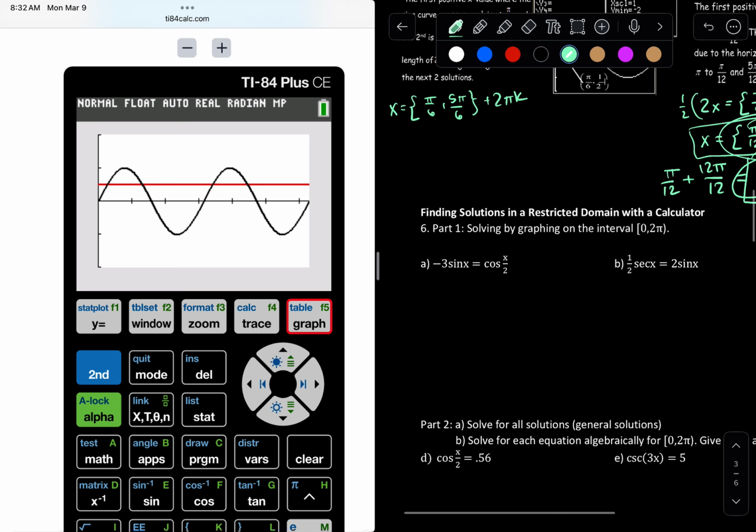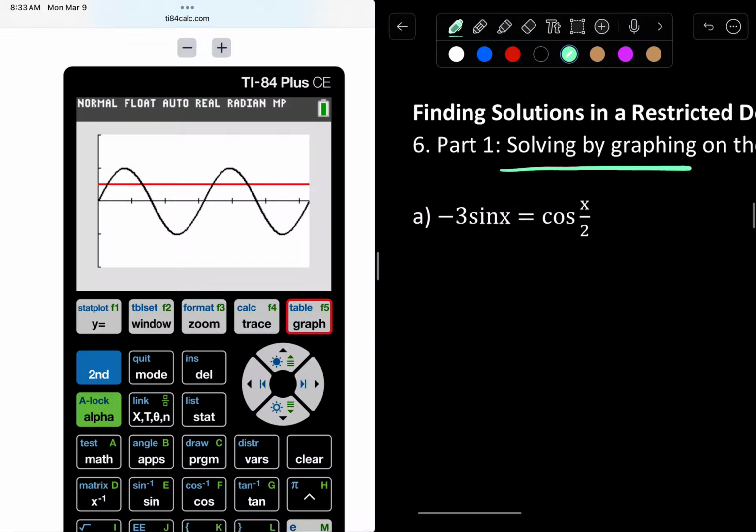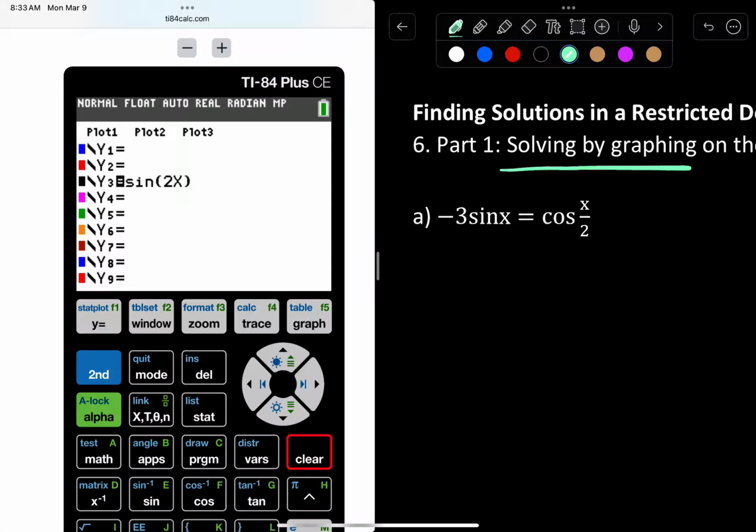All right, so from here, finding solutions in a restricted domain with a calculator. And this is solving by graphing. So if you see solve by graphing, there's no algebraic manipulation unless you are using your reciprocals, secant, cosecant, and cotangent. Because we don't have buttons for those on the TI-84, we will have to use the reciprocals for those. But for this first one, that's not necessary. So on the calculator, go ahead and clear out this. In Y1, I'm going to